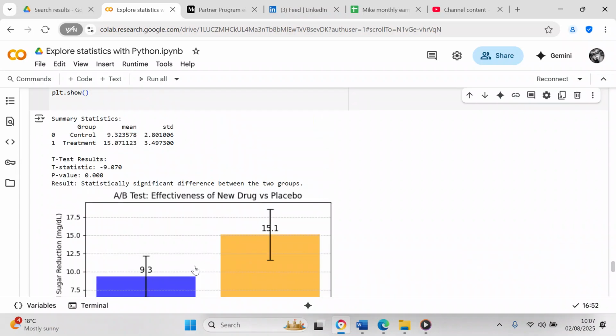So your summary statistics: the control group mean is 9.3 and the standard deviation is 2.8, and the treatment group mean is 15 and the standard deviation is 3.4. The test statistic is negative 9.07 and your p-value is 0. And since your p-value is less than 0.05, it means you have to reject the null hypothesis and accept the